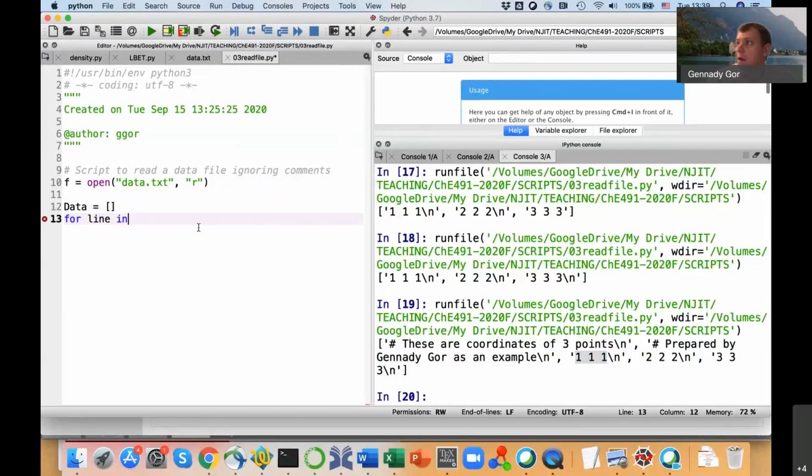For line in f.readlines, right? So for the lines I'm reading, or alternatively I can introduce an additional variable which I call read lines, in which I read all the lines. But I don't need it. For a line in f.readlines, I want to read each of these lines and make sure this is not a comment. So if not